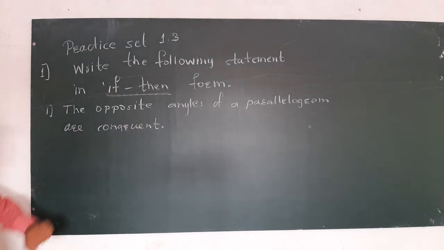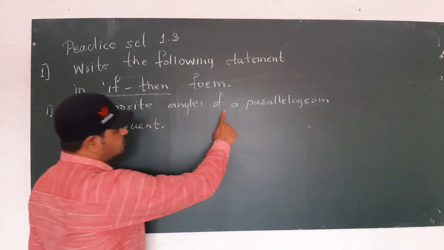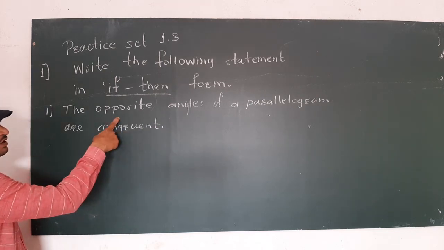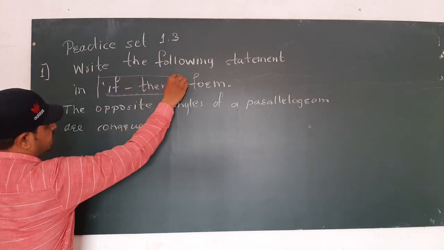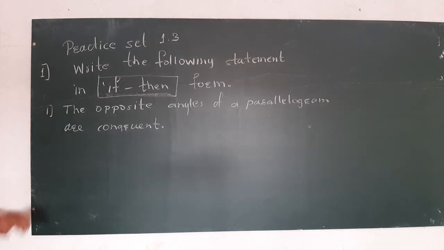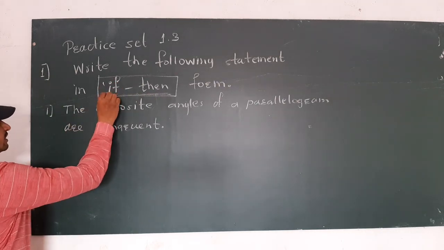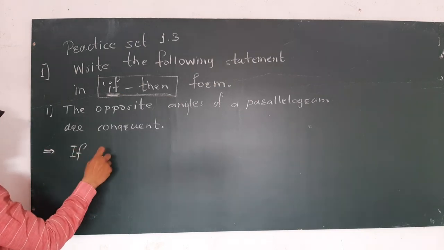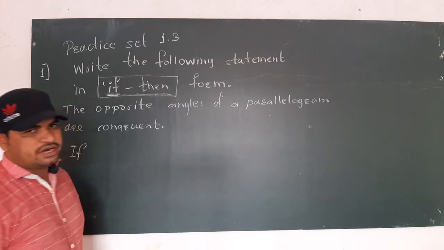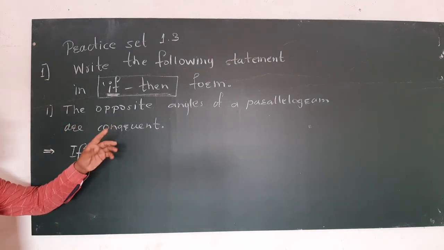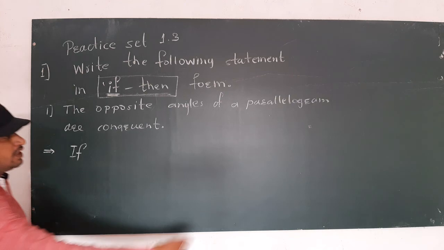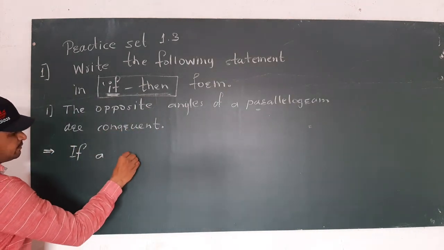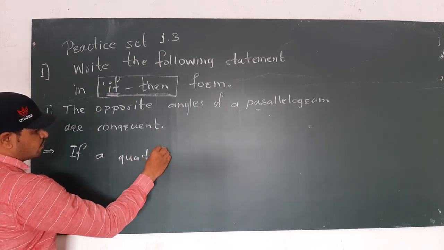So the question given is that the opposite angles of a parallelogram are congruent. We have been given this statement, and we have to convert it into if and then form. Then we can start from if and finish by using then. Now look at here. The opposite angles of a parallelogram means we have been given a parallelogram. Then we can say that if a quadrilateral is a parallelogram,